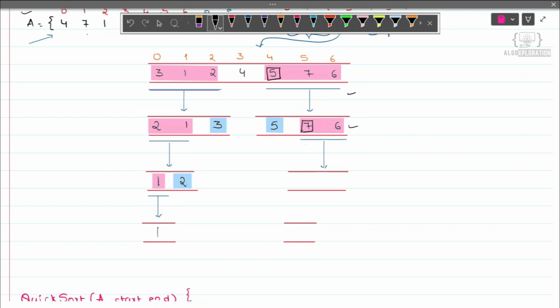Now we can see that 6 is lesser than 7, so it should be on its left side. So 6 will come here and 7 will come here, in which 7 got its correct position. Now again we will apply the partition algorithm on element 6, and 6 will come here. Now here there is only a single element, so we don't need to go further, and it is already in